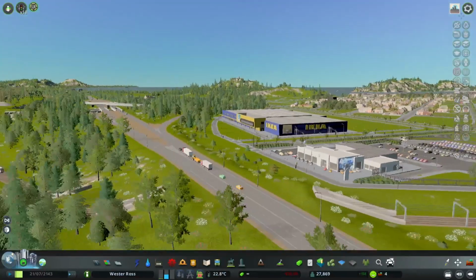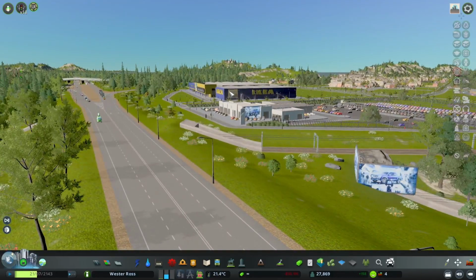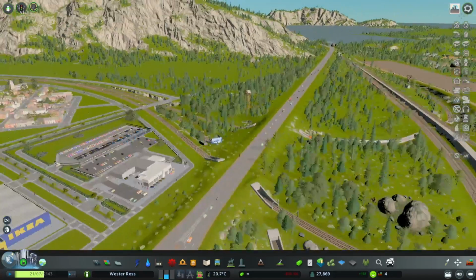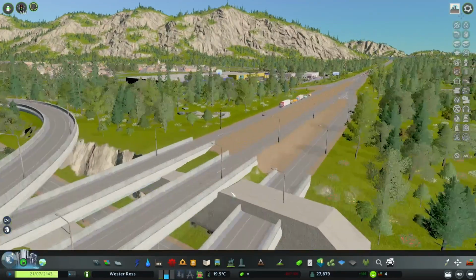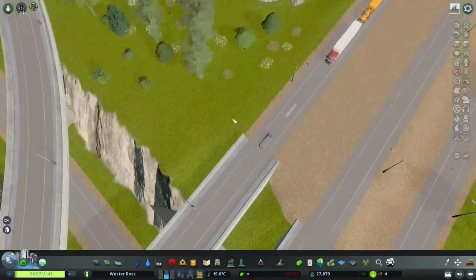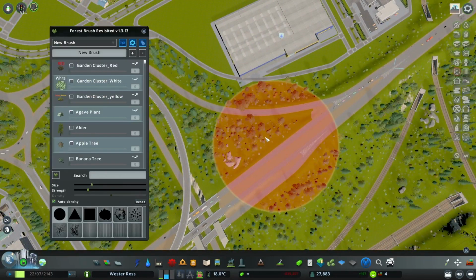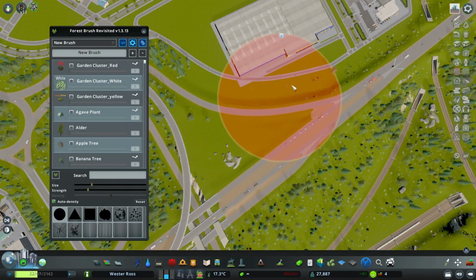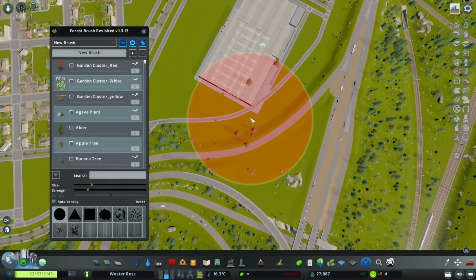Oh yes, visible from this side. What about the other side? Oh, 100% they will say absolutely no to any trees at all. And I think I'm just gonna remove all of those trees, and we're gonna add, oh my goodness me, too much. And we're gonna add